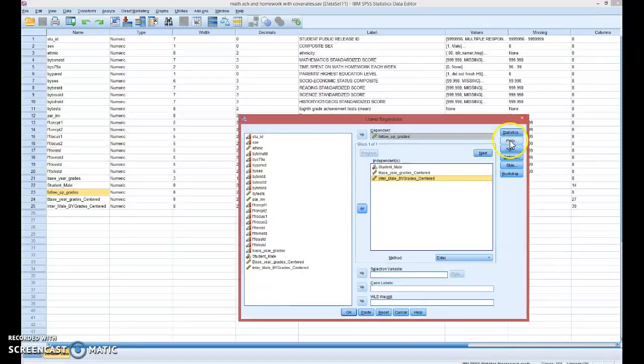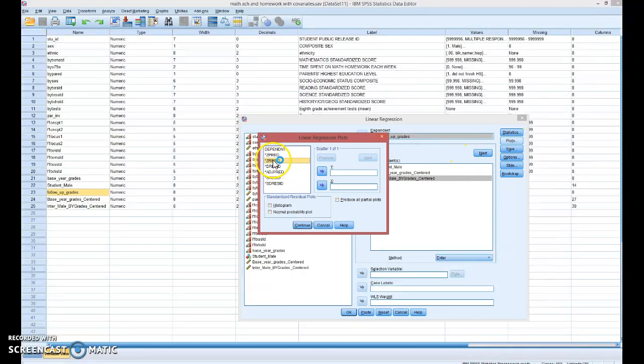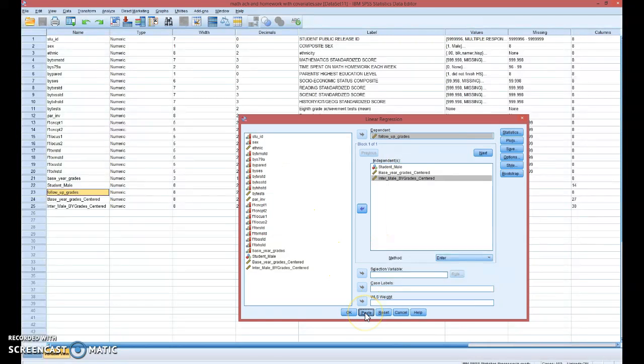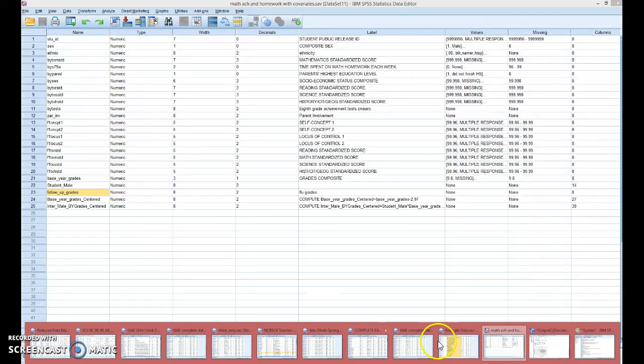And I will go to Plots. I will put z resid in the y field and z pred in the x field. And I also will click the histogram button for standardized residual plots. Click continue, click paste, and my syntax,